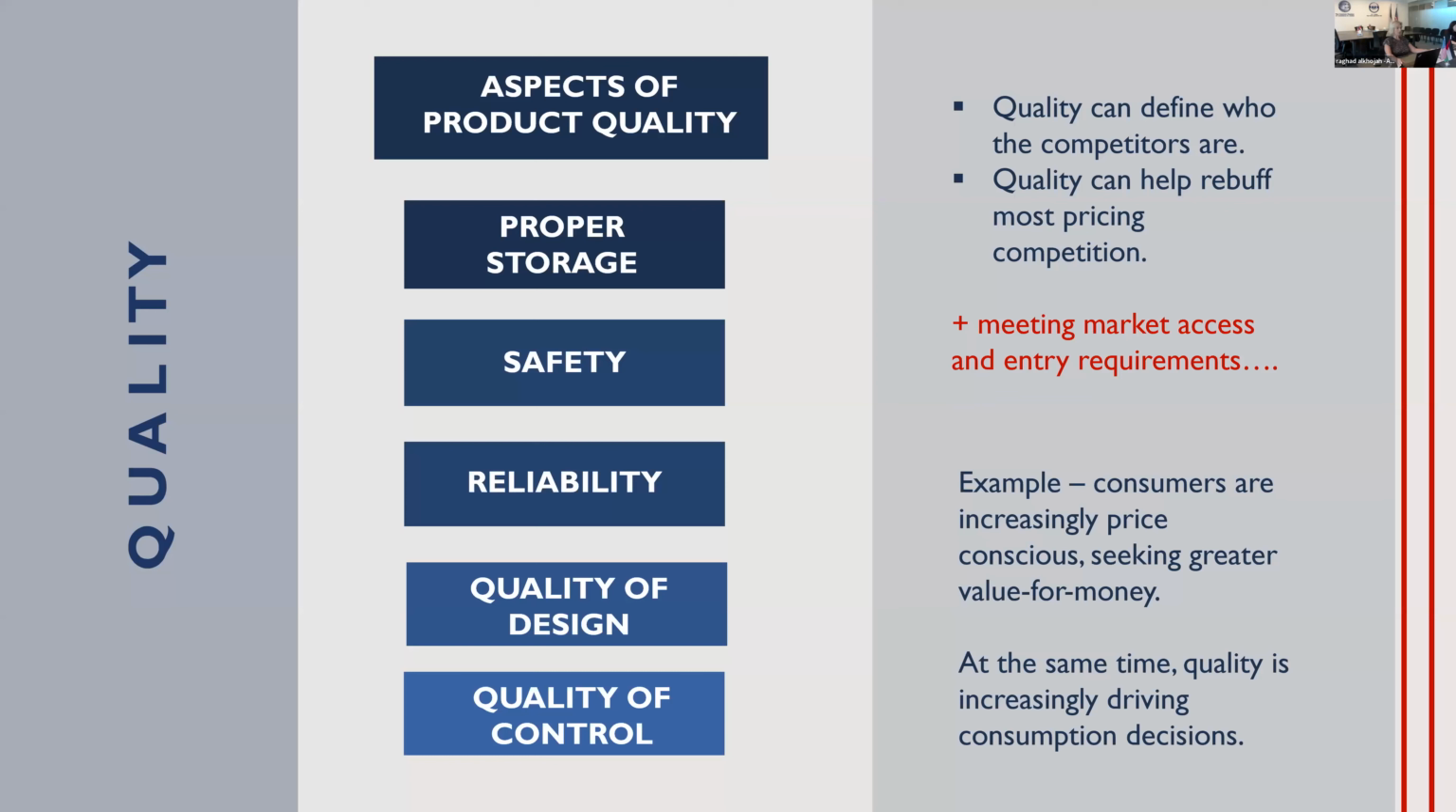When you're choosing a US product, usually one of the key factors is quality, and product quality could be high on your list. This trickles down to different components such as proper storage, safety, reliability, quality of the design, and the quality control procedures that were taken into consideration during the production of that product. Quality can define who the competitors are, because you can claim having a good quality product and you can defend that claim. Quality can help rebuff most pricing competition,